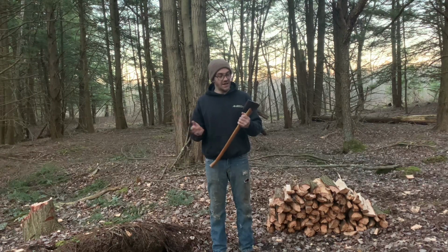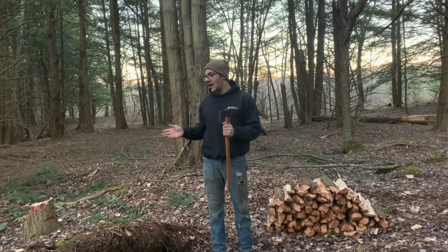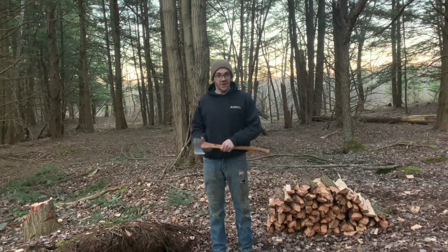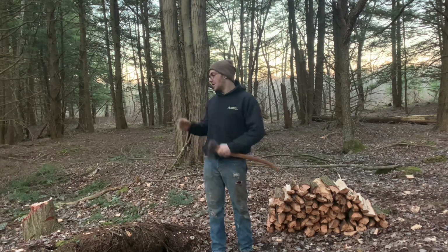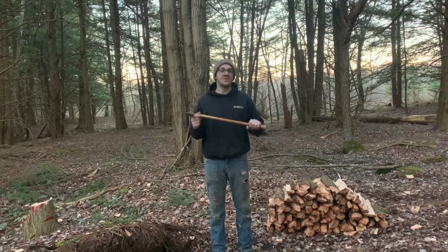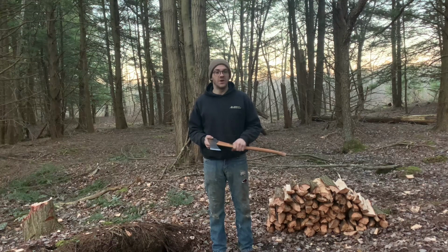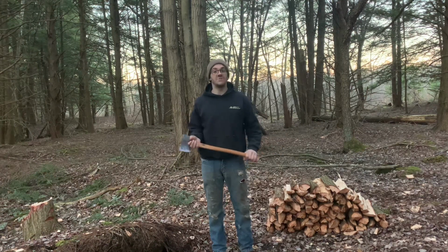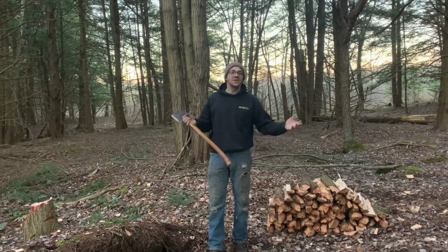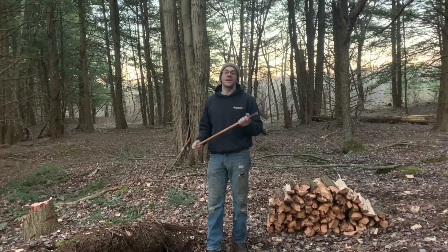And guys, I gotta say, there's zero edge damage on this axe here, and you saw how it chopped. It chopped extremely well. I was blown away. Like I said, not that I wasn't impressed with how this axe chopped in hardwood, but when I sunk this thing into some softwood, guys, if you have this axe and you haven't tried it in softwood yet, go out and chop some softwood if you get the chance, because it is something else. And I hate using the expression because it's beat to death, but this thing chopped like a hot